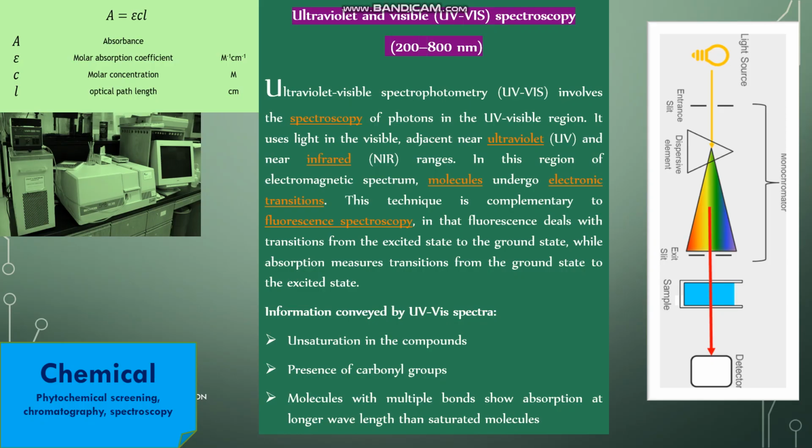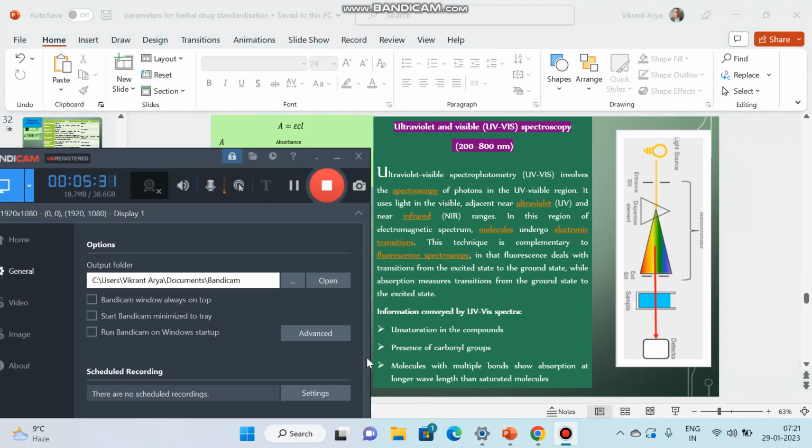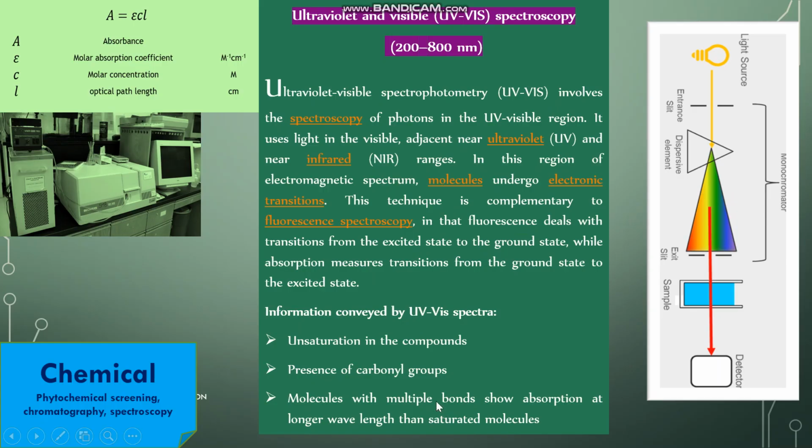Next, after chromatography, now we have spectroscopic techniques. So after isolation, we have to identify the structure of the compound. For the structural elucidation, we generally go for spectroscopic techniques like UV, IR, NMR, and MS, and each has different applications. As you can see, in case of UV visible spectroscopy, we generally have applications like it helps us to predict unsaturation, presence of different carbonyl groups, and molecules with multiple bonds show absorption